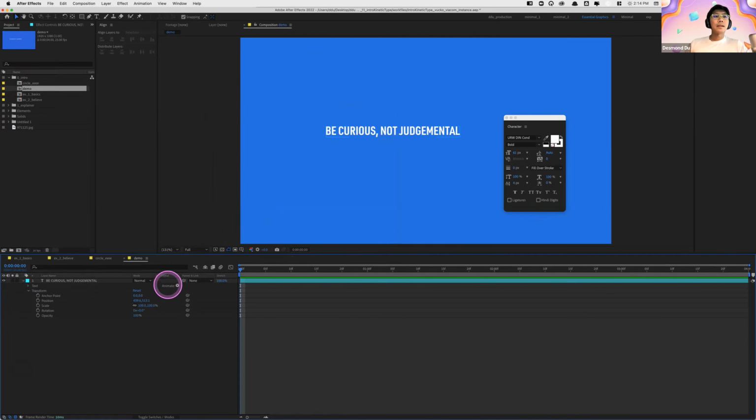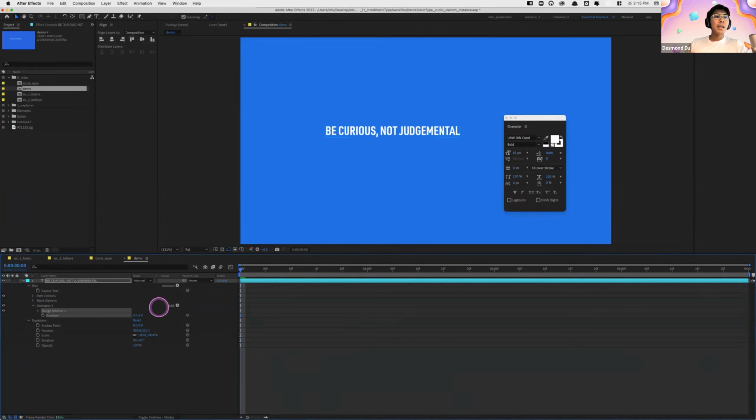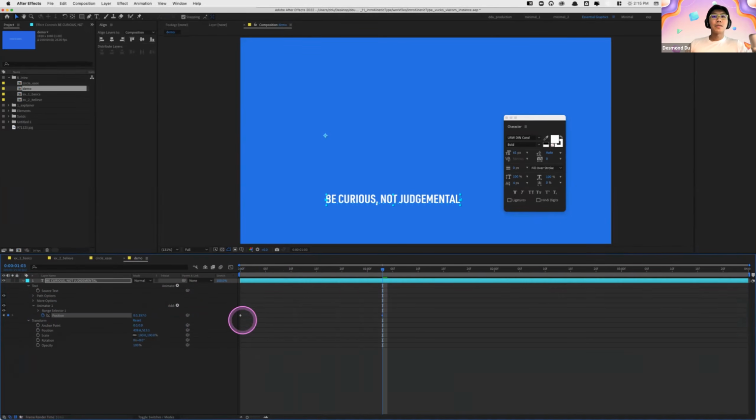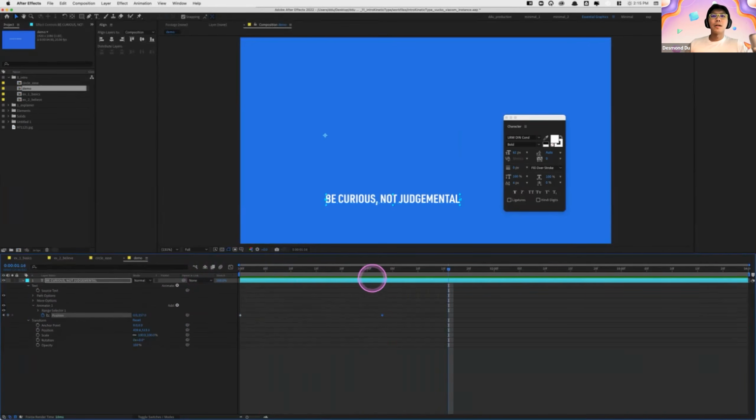Like I said, we already added the animator. Let's just redo that again. We're going to go Animate, Position. Where is it? Position over here. Similarly to what I did just now, you'd be tempted to keyframe it like that, and then move it down 300 pixels, right? It works, but here's the thing: the point of a text animator is not just to animate this text layer as